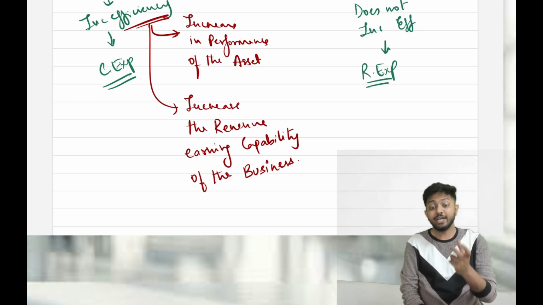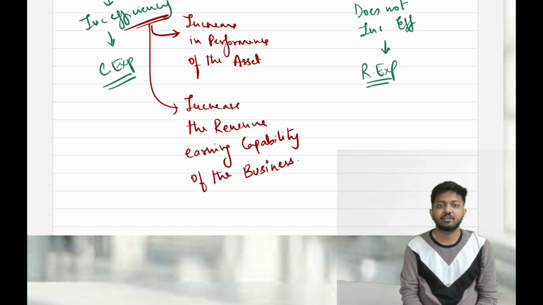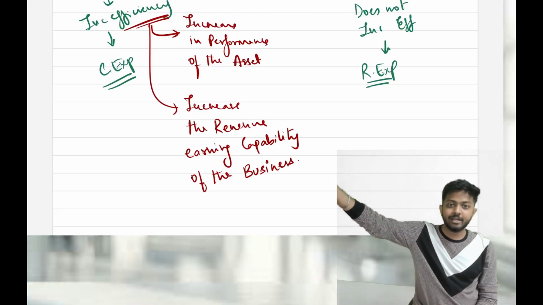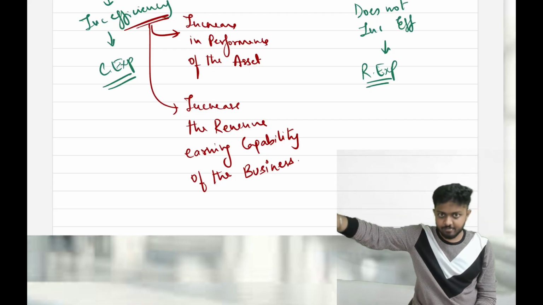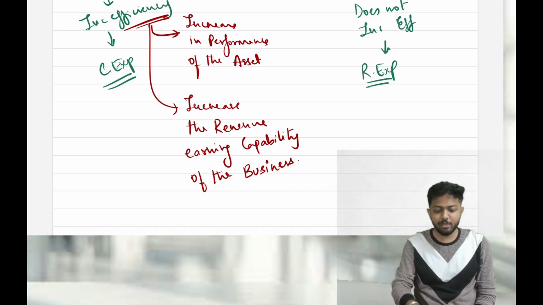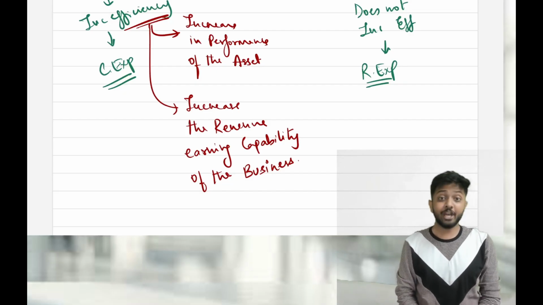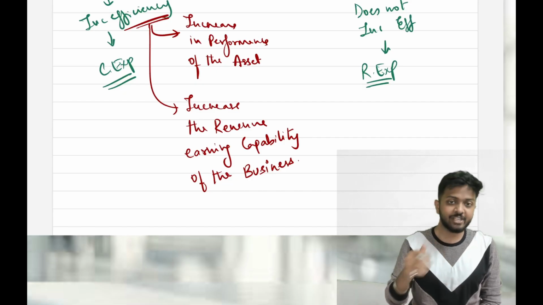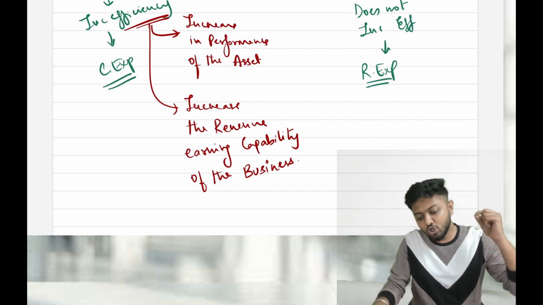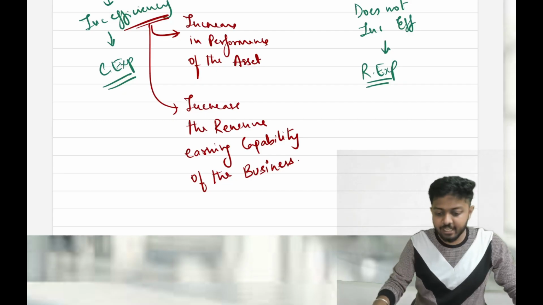The revenue earning capability of the business increased because of this expenditure. Earlier the capacity was 60. There was some space which we were not able to use. Because of the money spent, earlier 60 people used to sit, now 80 to 90 people can sit. It increased the revenue earning capability. Why? I can charge 90 students now. I can earn more revenue, and that is because of this expenditure of 2 lakhs, so it becomes capital expenditure. I hope you have understood it correctly. Okay.